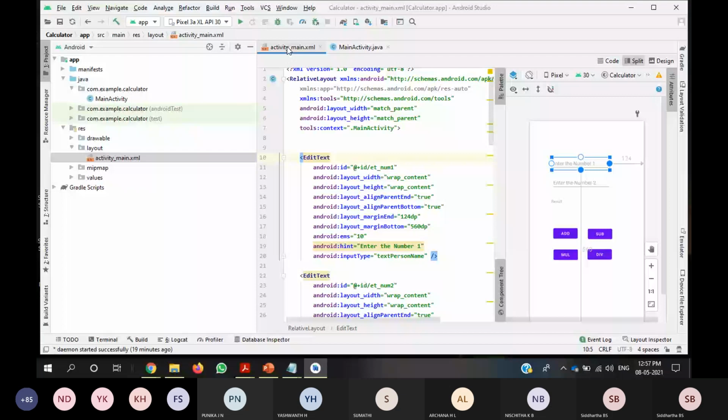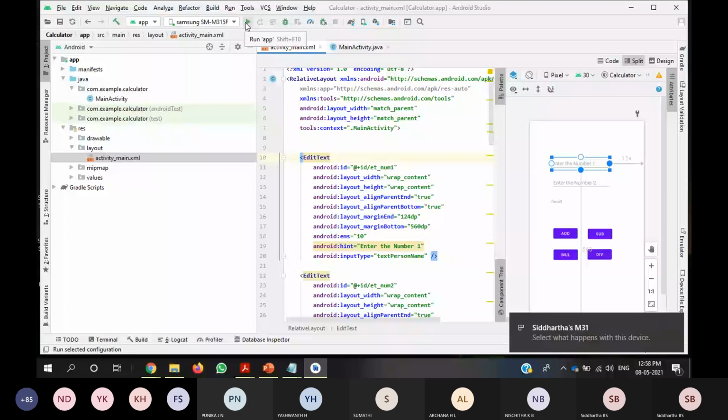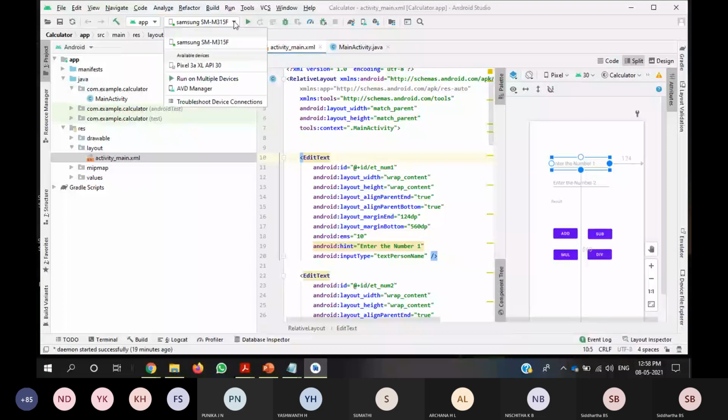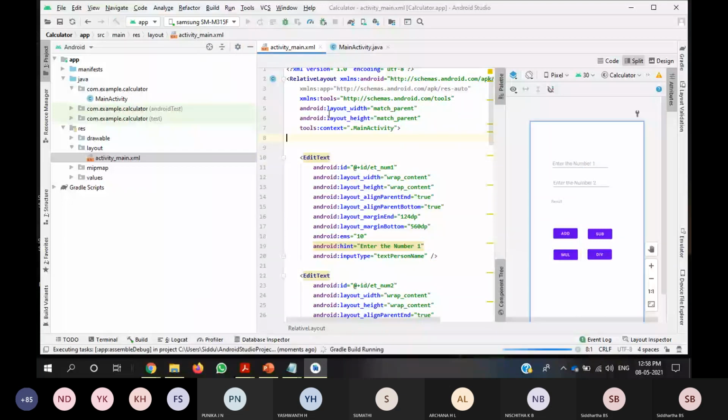So I have connected my mobile. See, as soon as I connect, it will ask for a permission on my mobile. If I give allow, that particular mobile will be displayed in Android Studio. Okay, so I will save and run this now. As soon as you run your application for the first time, it takes a few minutes to build the Gradle and complete the build process.